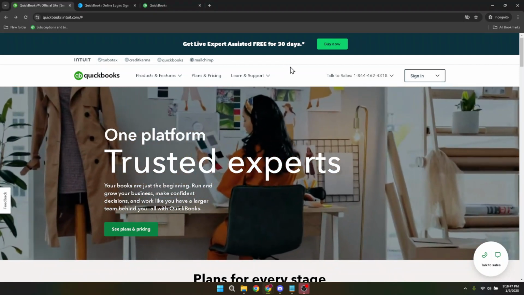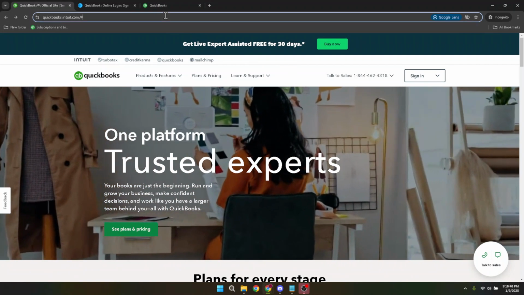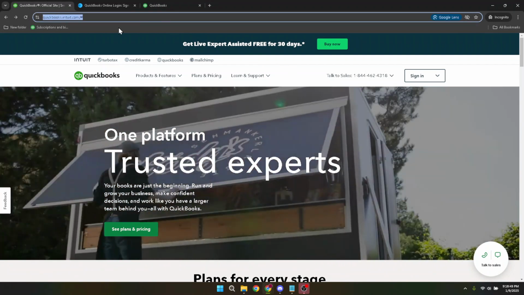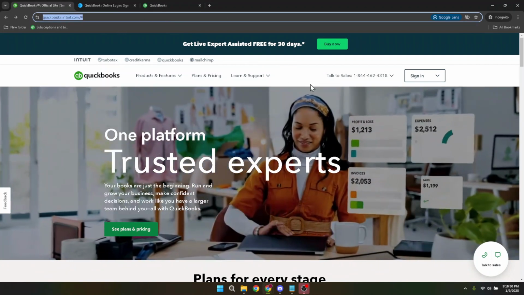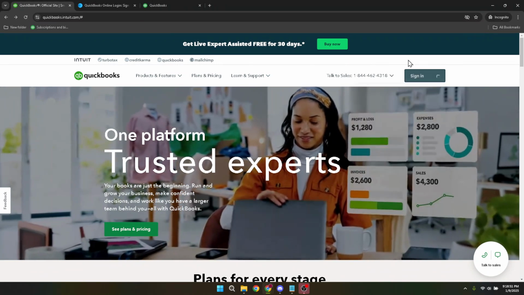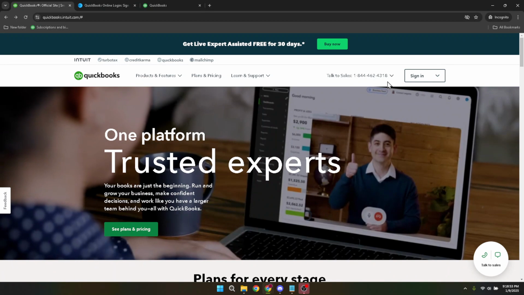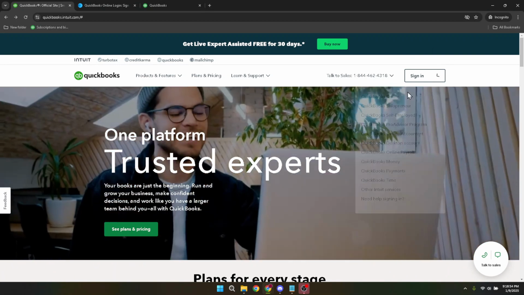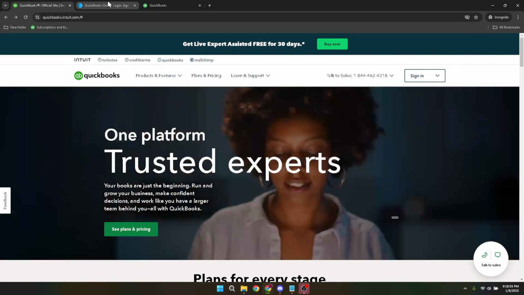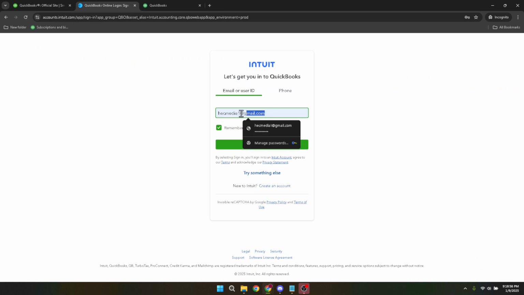You can simply open your preferred web browser and navigate to the QuickBooks Online site. Once you're there, you'll see the Sign In button prominently displayed in the top right corner of the page. Give that a click to get started. Now, go ahead and enter your registered email address and password to access your account. It's essential to double check that these details are correct to avoid any login issues. Next, click on the Sign In button to continue into your QuickBooks Online environment.